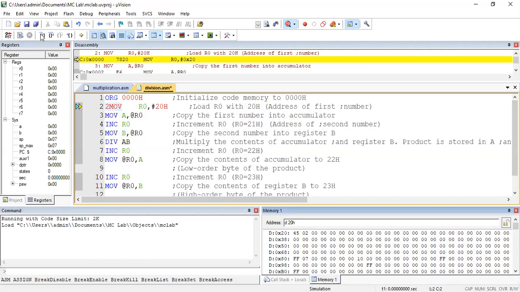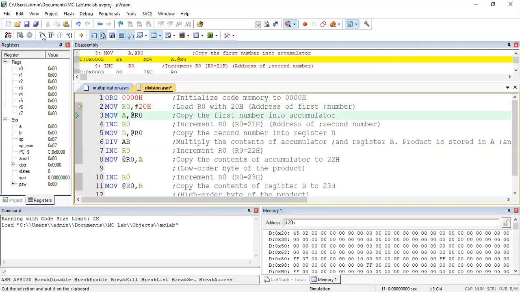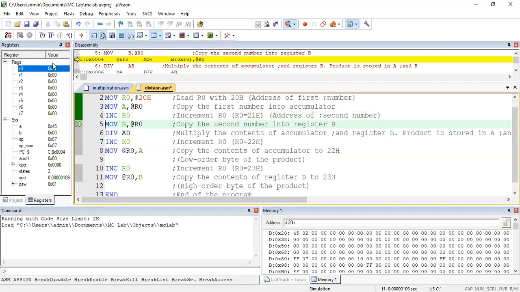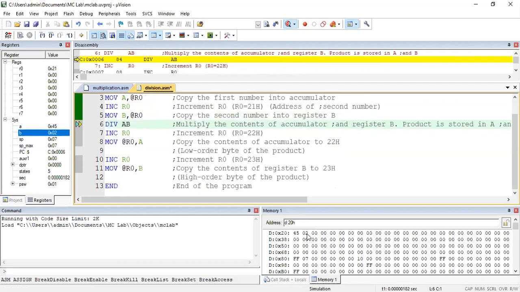If I execute it step by step, first, MOV R0, #20h is copied. Then MOV A, @R0. @R0 means 45 will be copied into A. Then INC R0. R0 will be 21. Next MOV B, @R0. B is 2 because @R0 is 21H.